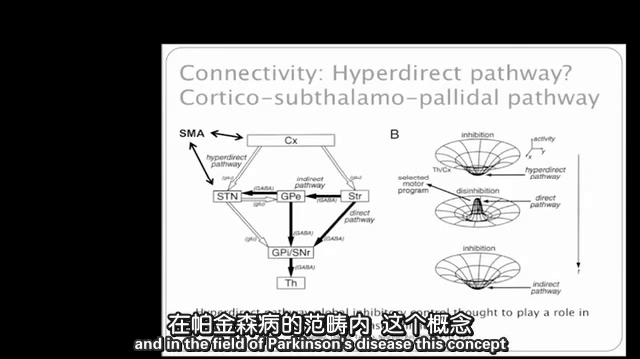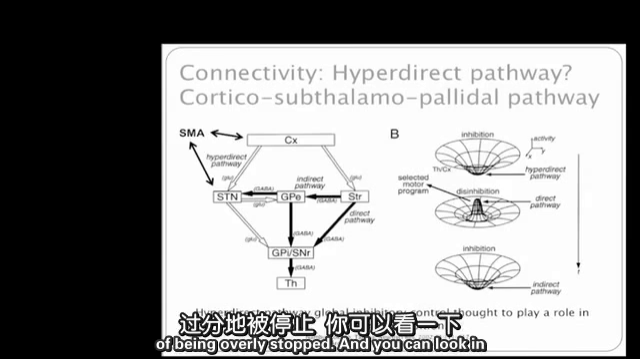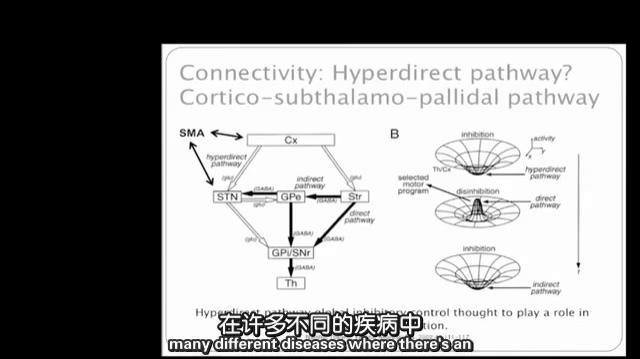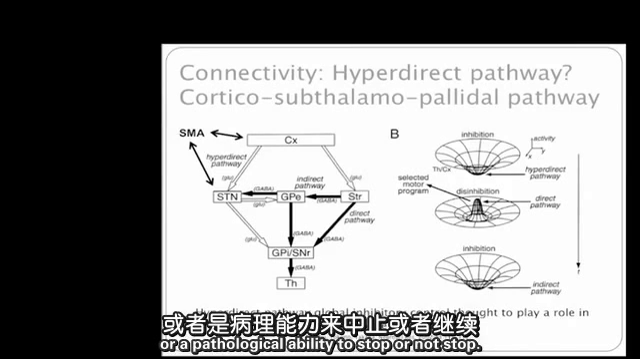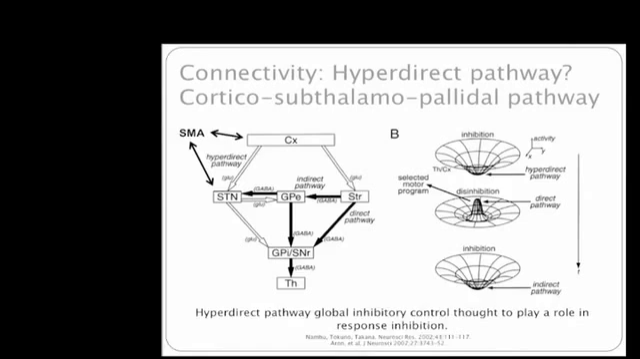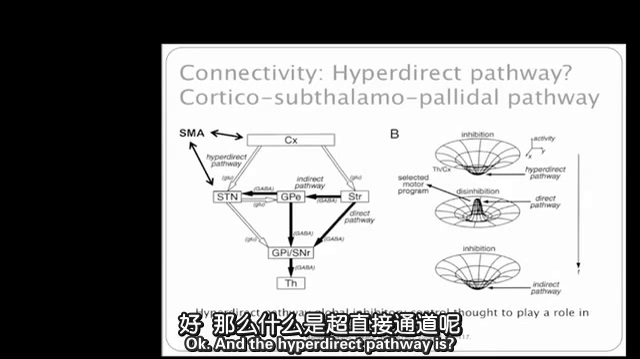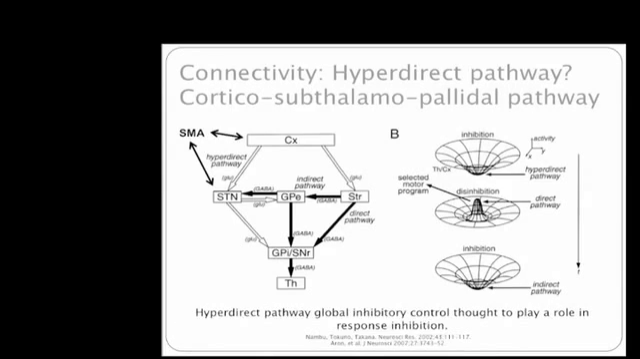In the field of Parkinson's disease, this concept of being overly stopped. And you can look in many different diseases where there's this emerging interest in this stopping phenomenon and a pathological ability to stop or not stop. Are these GABA pathways, or are they? These are excitatory. Okay, and the hyperdirect pathway is